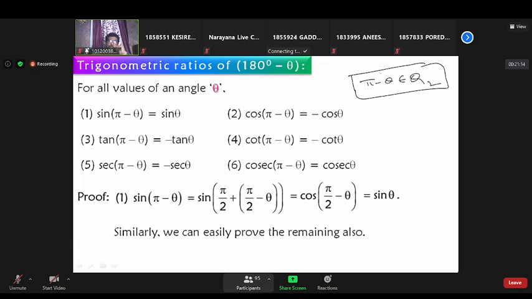And observe here, sine of pi minus theta is equal to sine theta, cos of pi minus theta is equal to minus cos theta. By observing, the sum of these two is equal to 0. Cos of pi minus theta plus cos theta is equal to 0. That is, if the sum of the two angles is supplementary, then cos of pi minus theta plus cos theta is equal to 0. Tan of pi minus theta